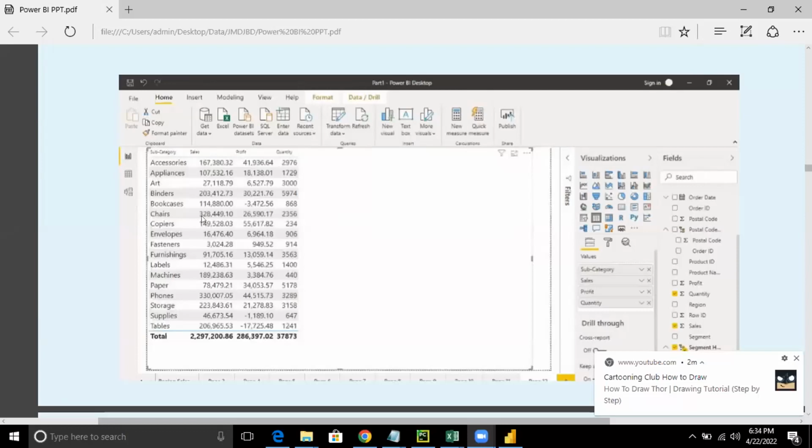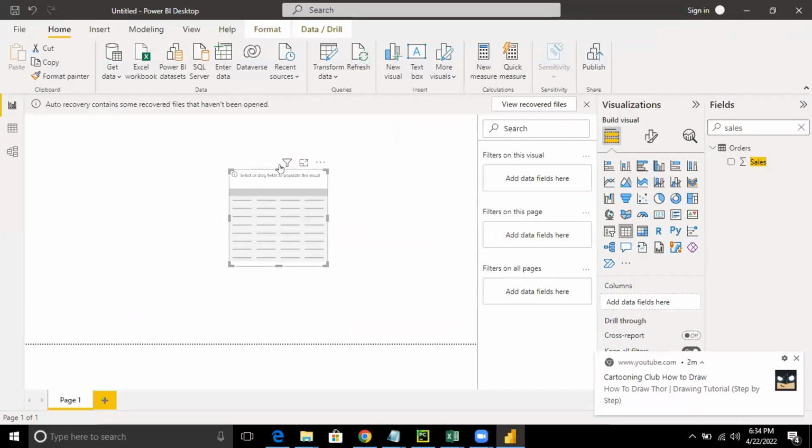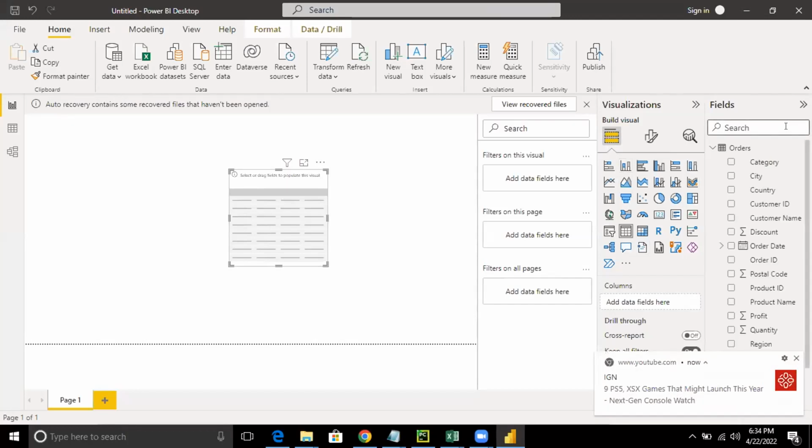I want to create a tabular format like this where I've got the subcategory, the sales, the profit, and the quantity. So this is the table that I have. When you click on this table, can you see the different columns and all the information? From here, start putting the different elements.